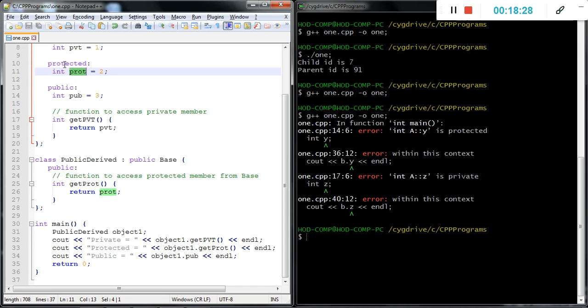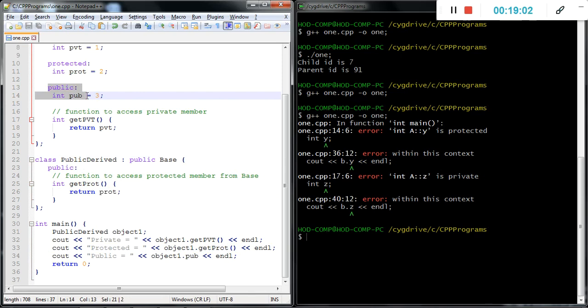This variable is protected in the base class and we mention public inheritance, so the derived class can access it, but it is not accessible under main. It is accessible through this get function. This function is public, that's why it's accessible under main, and we access it with the derived class object, and it prints the value of prot.